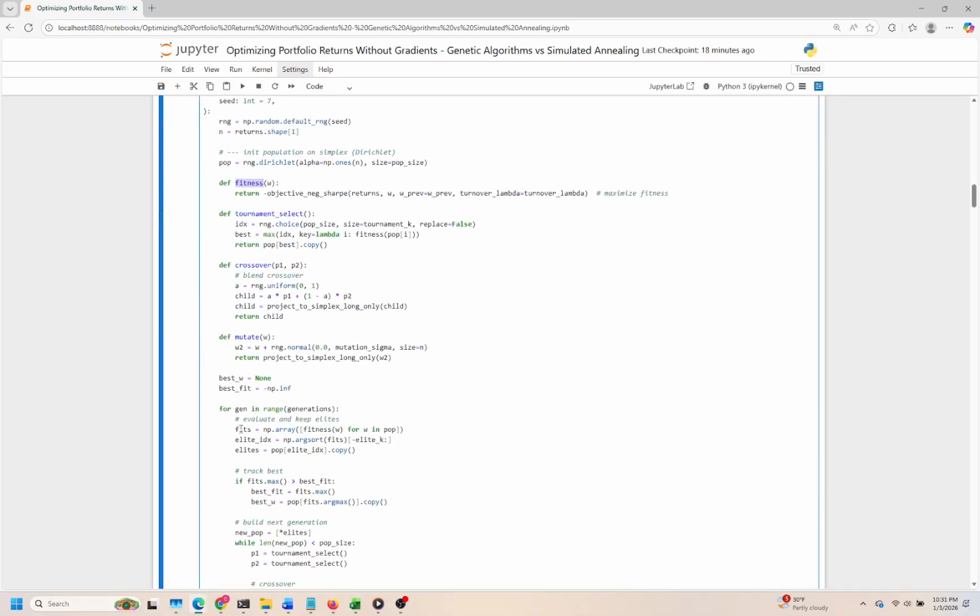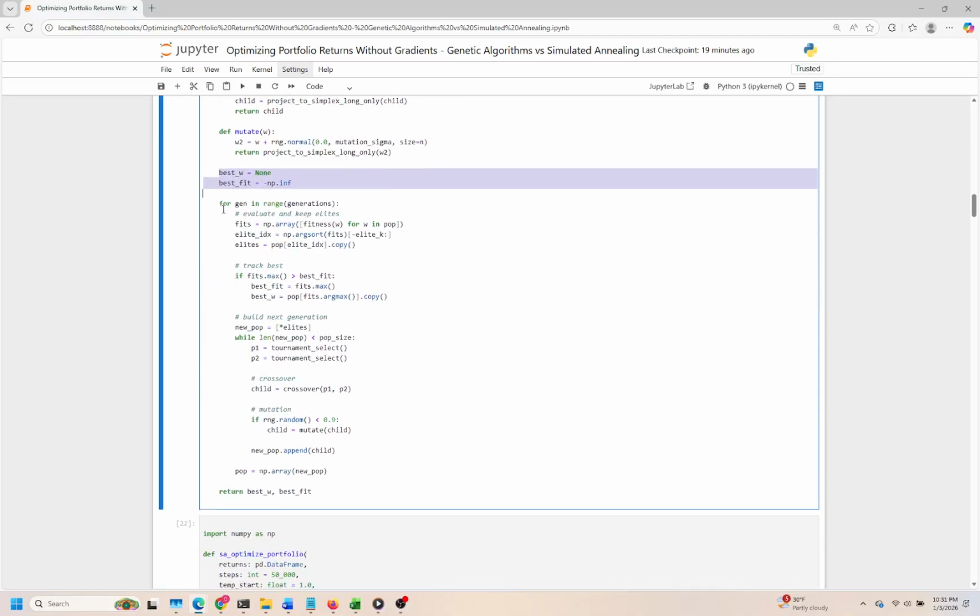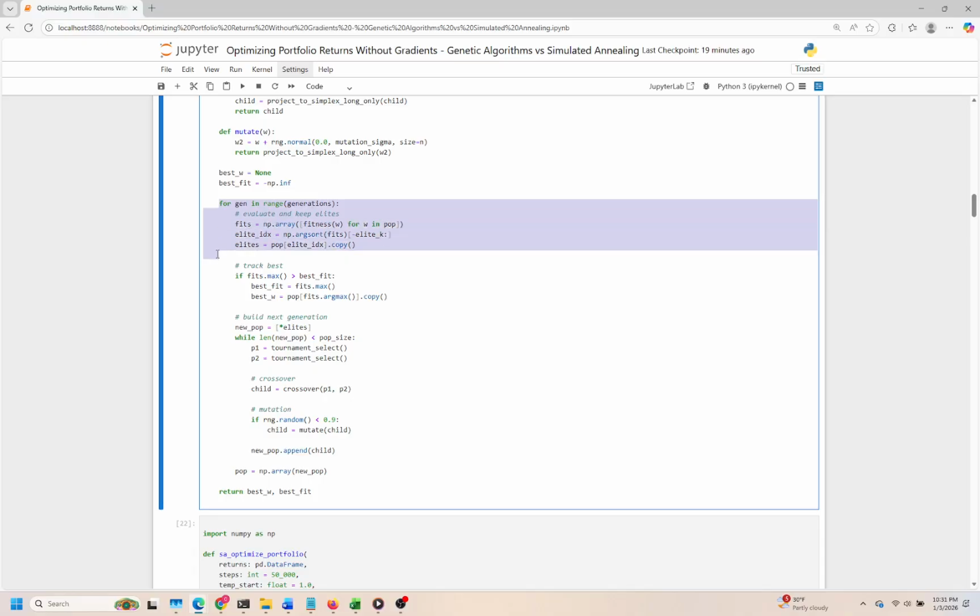relatively lower volatility. The tournament selection process allows us to choose the best performing portfolios for reproduction, ensuring that stronger candidates have a higher chance of passing on their genes to the next generation. Crossover combines the features of parent portfolios to explore new potential solutions, while the mutation process adds genetic diversity, helping us escape local optima. Throughout generations, we continuously evaluate the best performing portfolios, keeping track of the one that yields the highest fitness score. After all generations are executed, the function returns the optimal portfolio weights, along with their corresponding